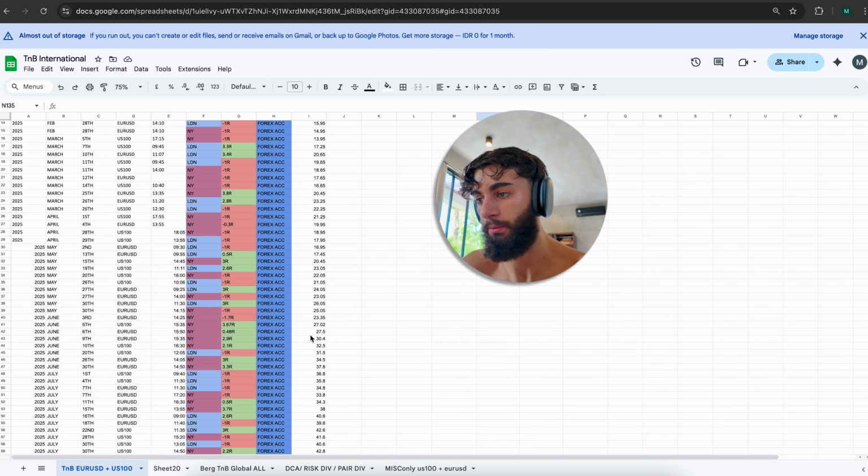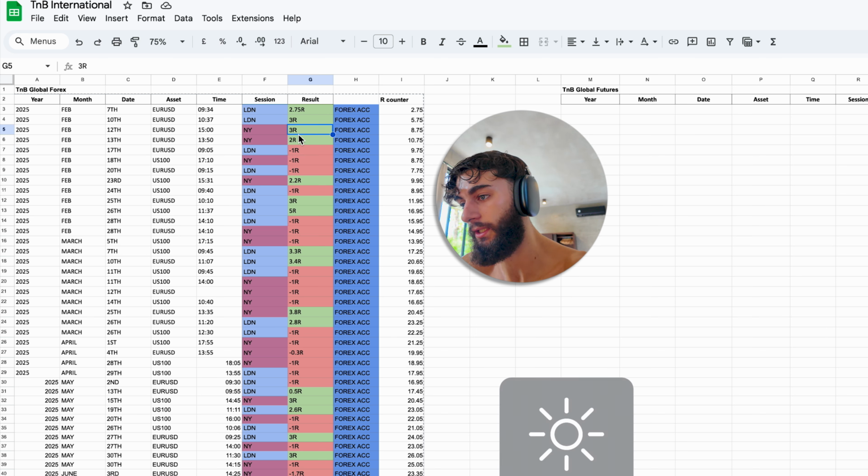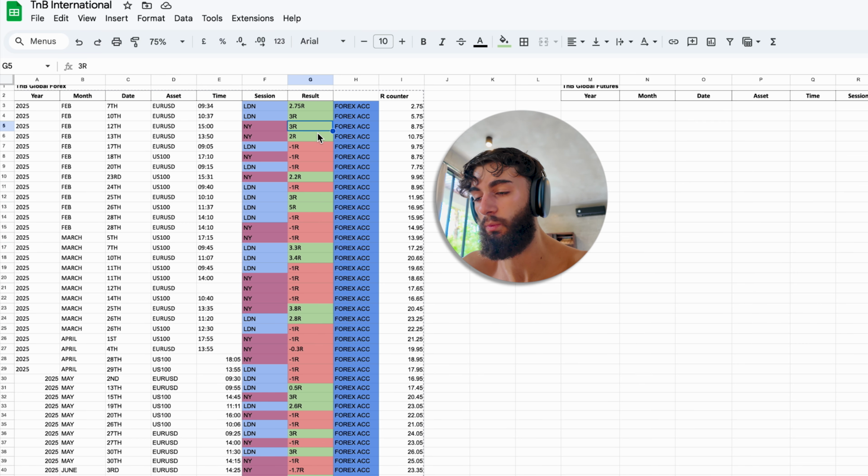So number one, in day trading, we think in terms of R. Minus 1R would mean that if I risked $1,000, I have lost $1,000. Plus 3R, which is in green, would mean that if I risked $1,000, I would have gained back $3,000, okay? So R is essentially whatever you're risking. 2R would be 2 times what you risked you made. 1R would mean whatever you risked you made. And minus 1R would mean whatever you risked you lost, okay?